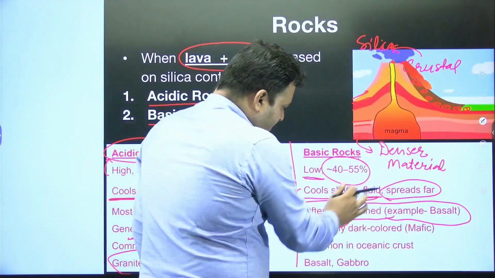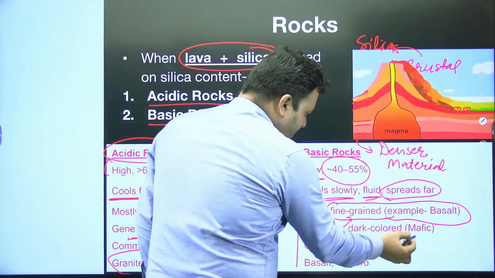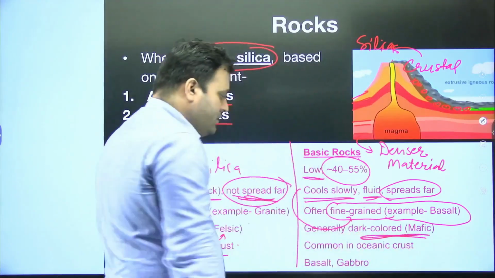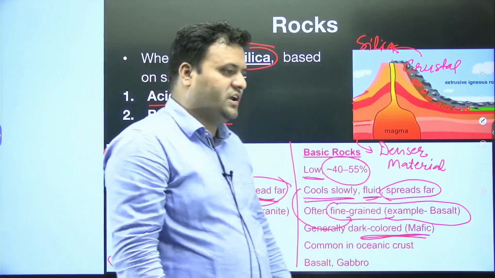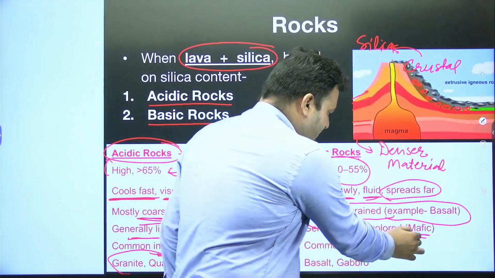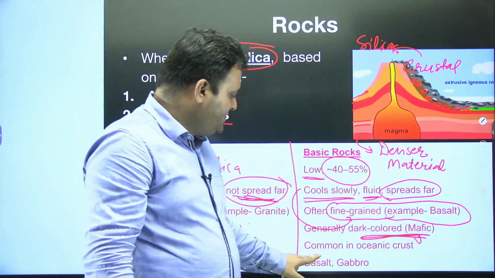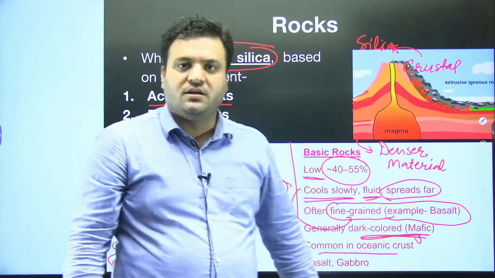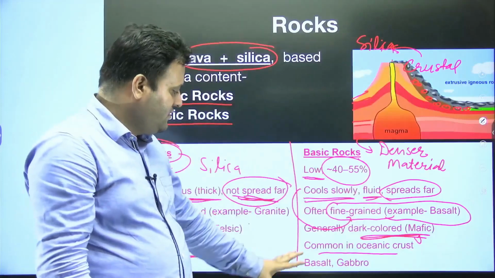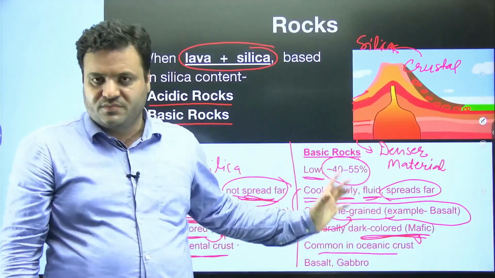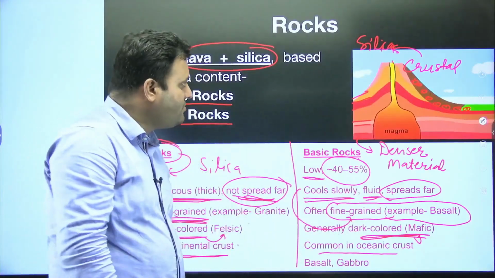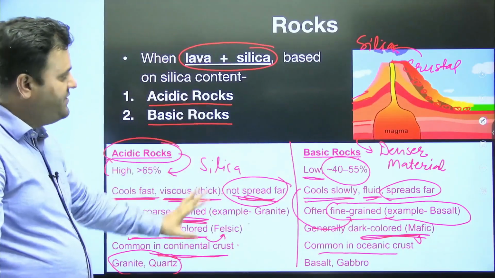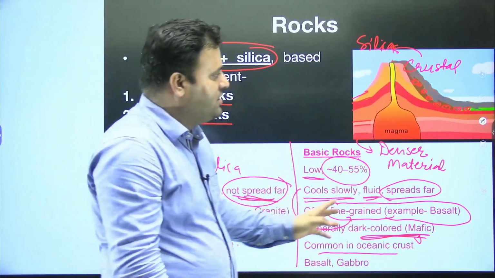These basic rocks are dark colored, and these dark colored rocks are known as what? Mafic. These rocks are common in oceanic crust, widely found in oceanic crust, and the example is basalt. And this kind of division is based on the silica content. Moving ahead,